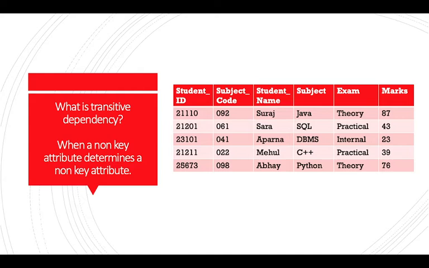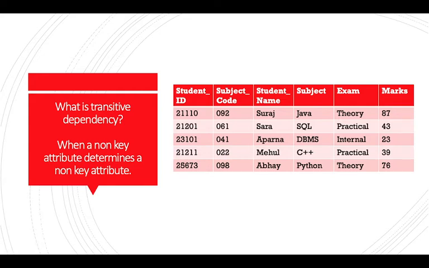But if you notice, exam and marks are dependent on each other, right? How will you know the marks if you don't know what exam I'm talking about? If I'm saying 43 marks, I need to know that I'm talking about a practical exam because it is out of 50. 87 marks means I'm talking about the theory exam because it is out of 100. So different exams are given different marks according to the criteria. So exam and marks are basically dependent on each other. I hope you agree with that.